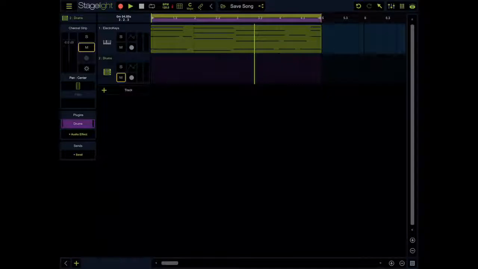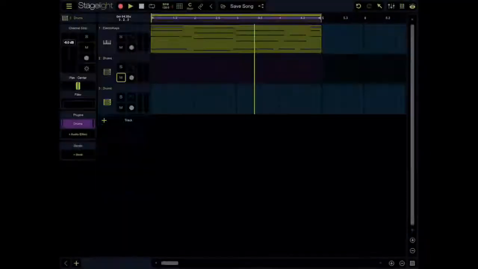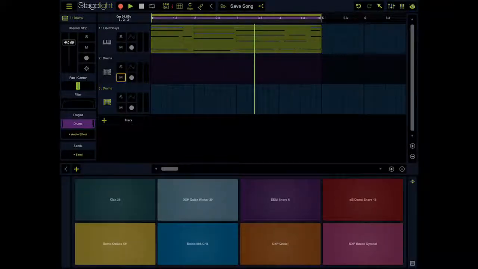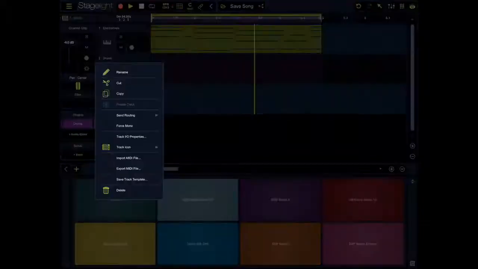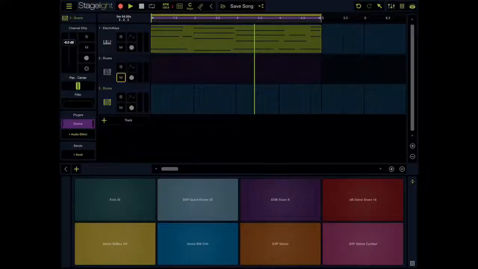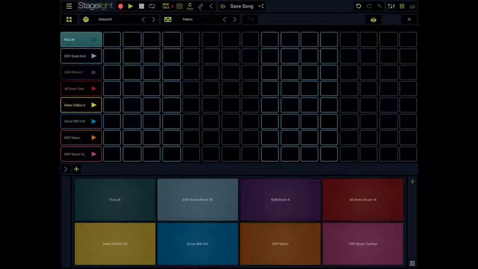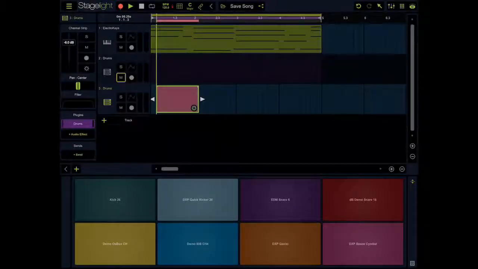So point number one, if I add a drum track and bring up the drum pad, I should be able to automatically go into the drum editor without having to create an empty MIDI event and then go into the drum editor, which in this case is kind of long. It makes it long. And see another reason why, now if I'm in the timeline,